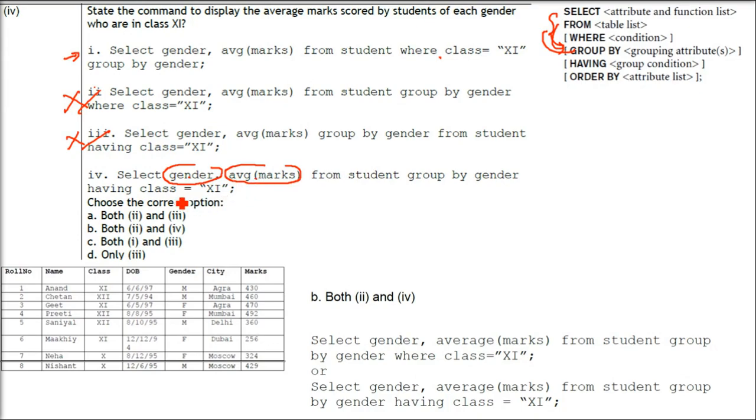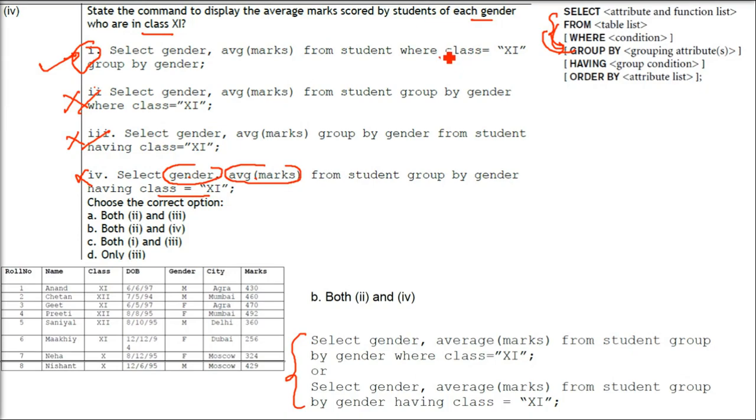Class cannot be used when select is not providing it. But the first one is select gender, average marks, and the first one is correct because we have used the where clause, select from where, and group by gender. So we can group by because gender is actually the column which is provided by select. The first one is correct. The answer given by the marking scheme or the CBSE is incorrect. So only the first one is correct.